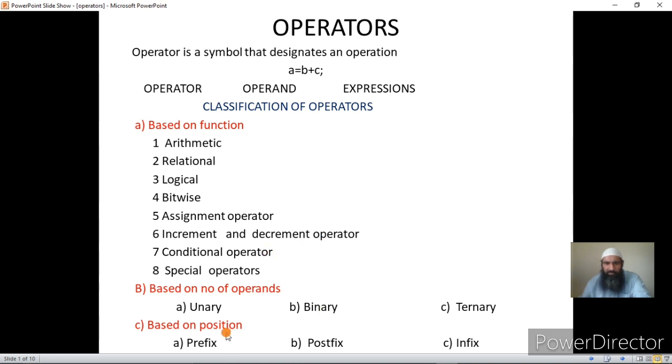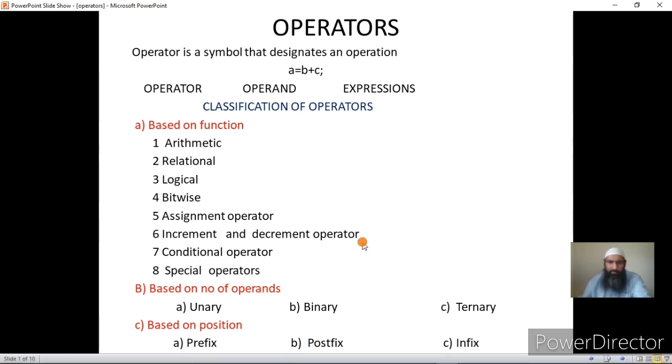Then based on the position, that is the place where the operator is being placed, we have got three types of operators. One is the infix operator, the operator that is placed between the two operands. Like we have got plus operator that is placed between the two operands. We call such operator an infix, because in means in between. If the operator is placed before the operands, then we call it prefix operator, and if it's placed after the operands, then we call it a